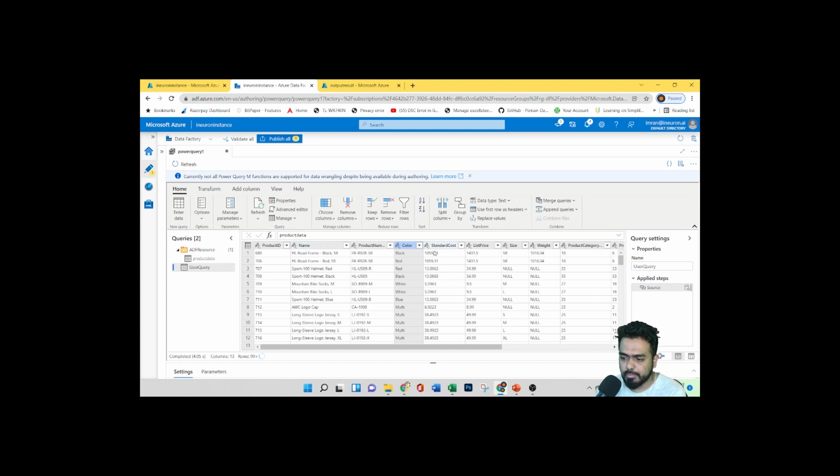Here you can perform all the wrangling, and finally you can publish it. You can even store this in the storage account also. So this is all about the transformation. Here, if I try to expand,